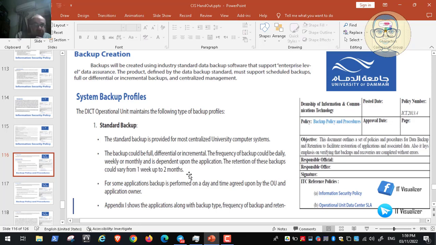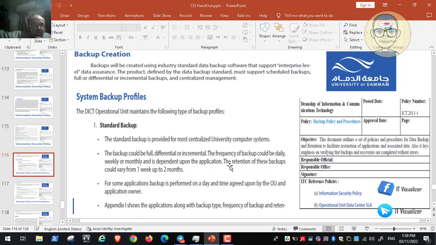Okay, so the retention period, the tapes should be stored for every type of data, or for the standard backup, from 1 week to 2 months. Okay, here I think he didn't state which type of data he is backing up. He's saying this is a general